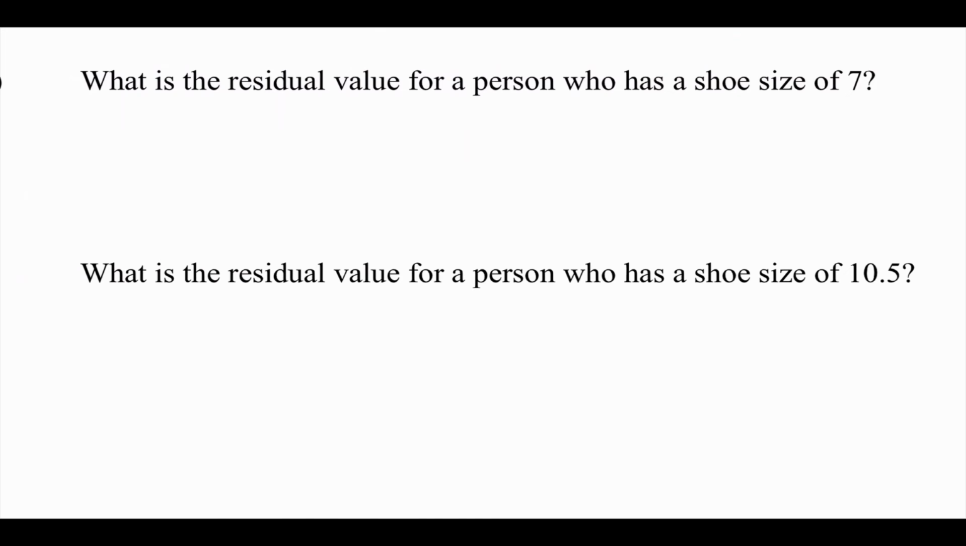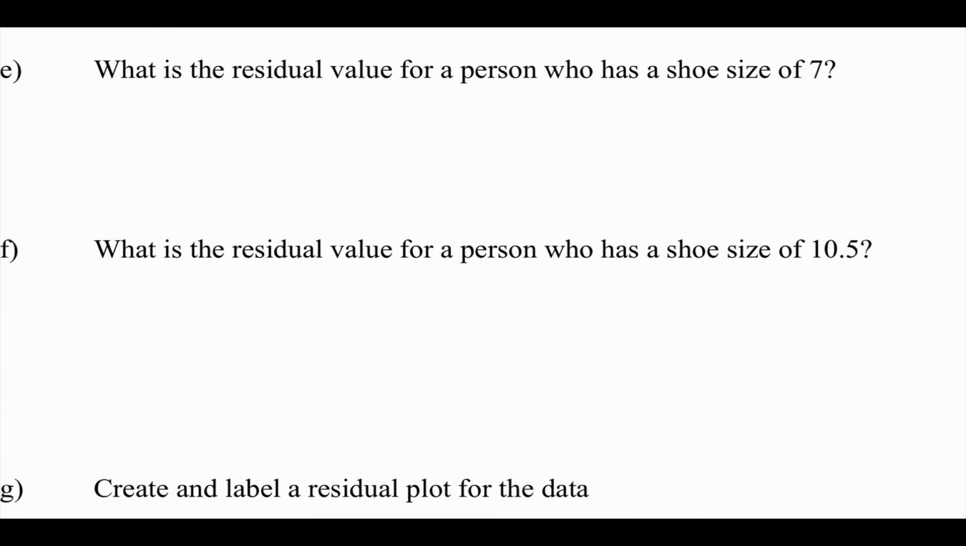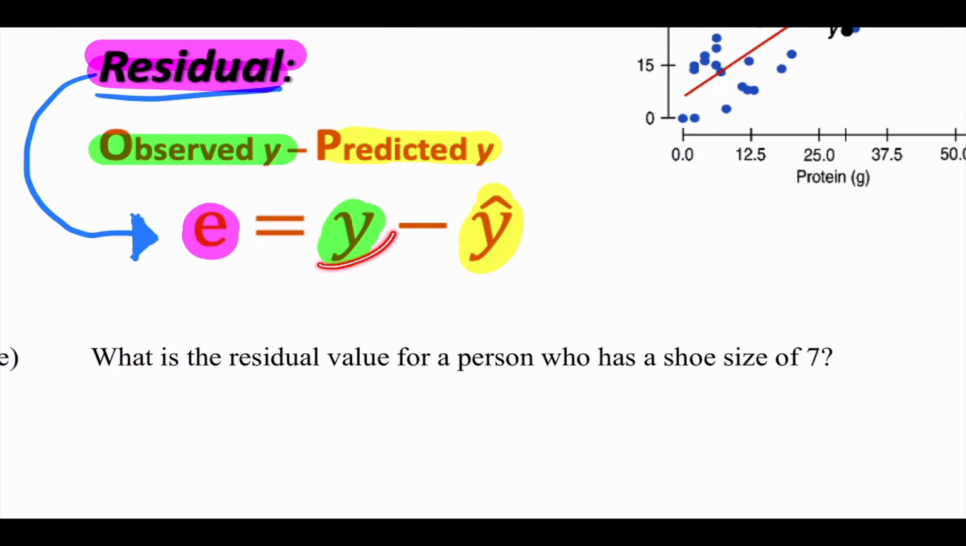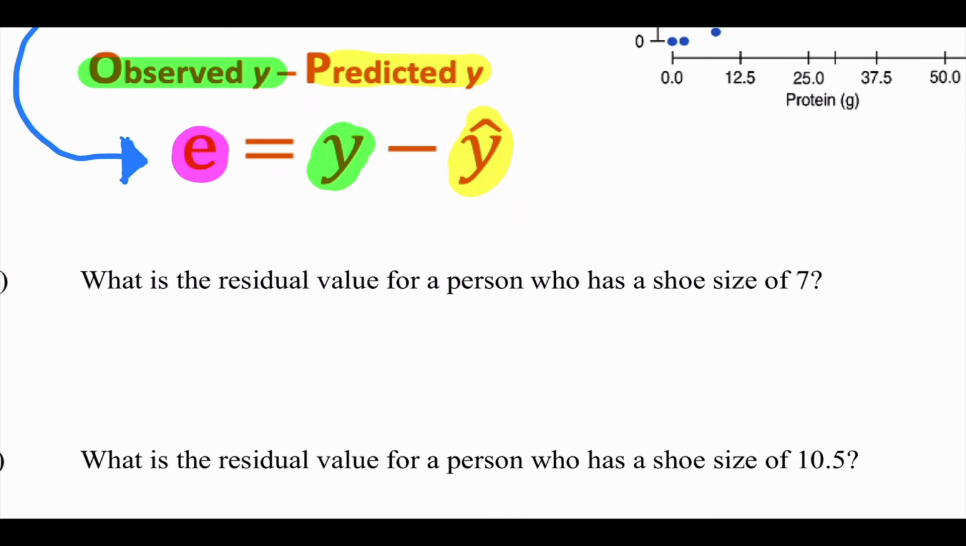Okay, so here we go. E. What is the residual value for a person who has a shoe size of 7? My formula says take the observed Y value and subtract the predicted from it. Easy enough. So residual equals, for a shoe size of 7,